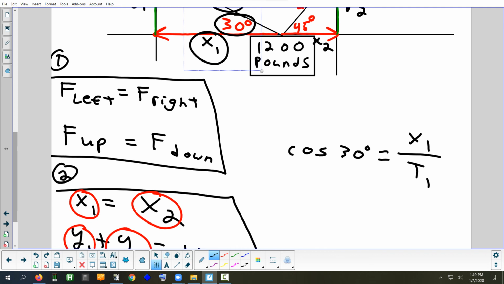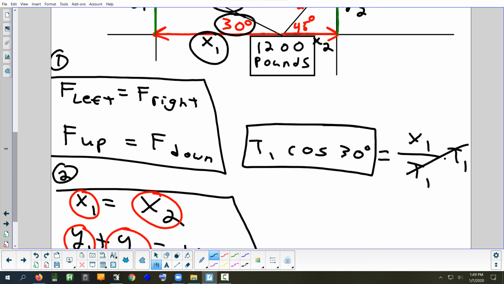Now, my goal is to get a formula that I can plug in for T1, x1. So how would I get T1 on the other side? Multiply. Yeah, multiply by T1. Multiply by T1. There is your formula for x1: T1 cosine 30. Right, let's do